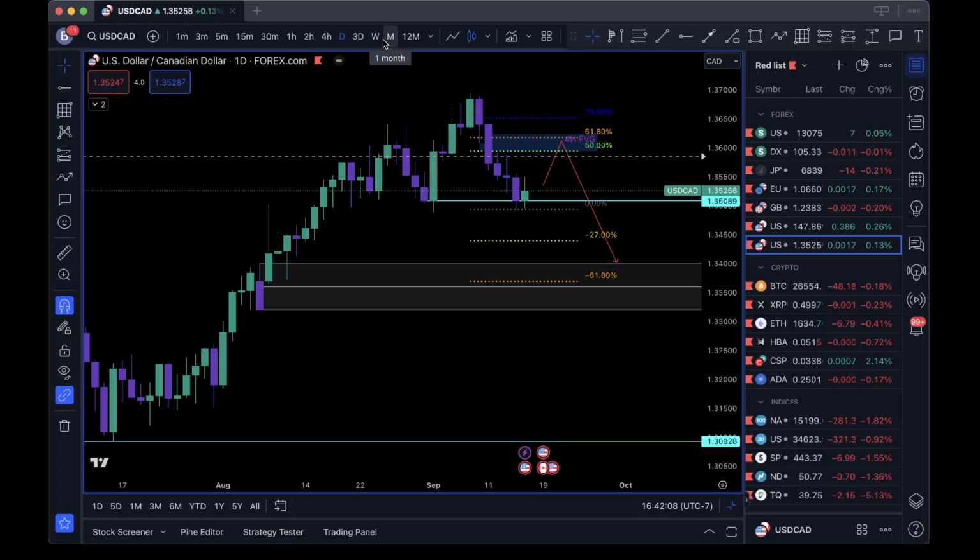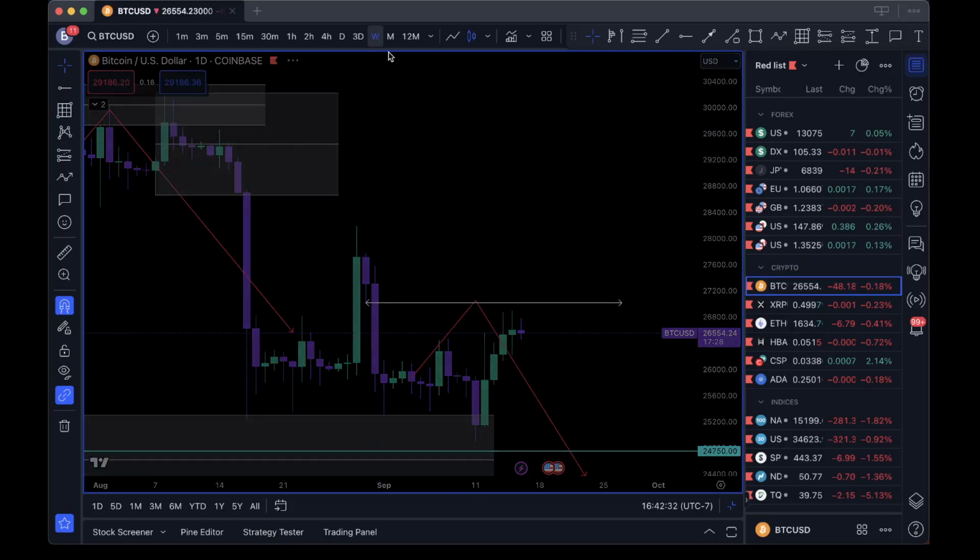If you don't know what I'm talking about, there's a video on my Instagram at the King's Capital. I'll plug it again, where I talk about swing points and how to confirm a swing point. You got 3 candles that give you a potential swing point, but if that 4th one goes in the direction of the potential swing, then you've got some confirmation. I'd be looking for that here for sure. Let's see if we get it. Otherwise, it can just keep rallying. That's possible too.